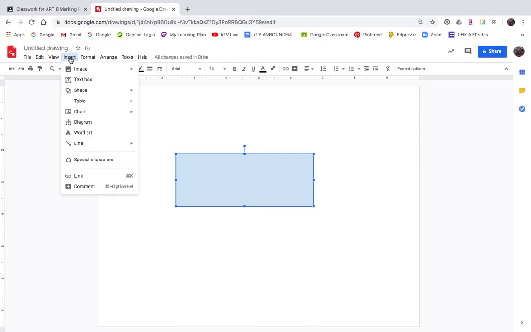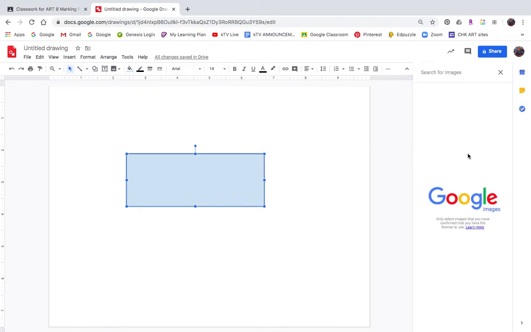So I'm going to go over here to Insert, Image, and then if you have something on your computer that you want to upload, you can. I'm going to go to search the web. This one's just a little bit easier for me, and it uses non-copyrighted images, so you can go this route. If you're searching through this, because I actually find this to be very limiting, you can open a new tab and go on Google Images and then find something else from there. As long as you're not selling it,